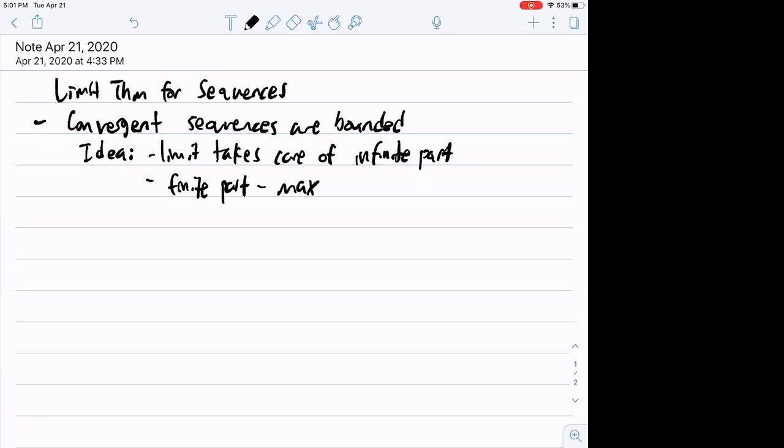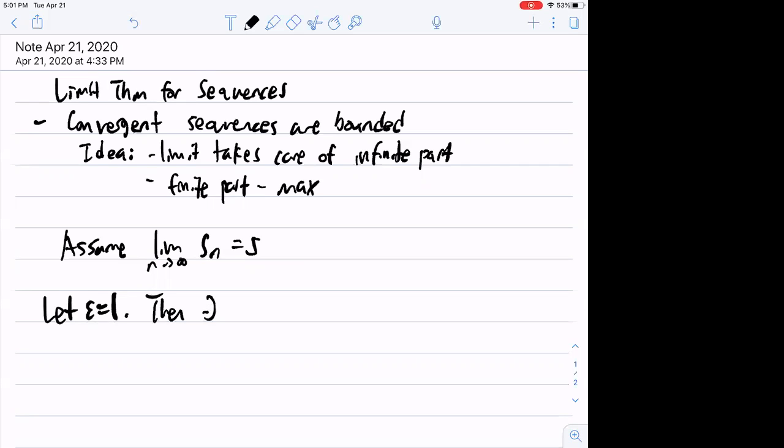So assume the limit as n goes to infinity of Sn converges to some number s. It doesn't matter what epsilon I choose, so let's just let epsilon be 1. Then since it converges, there exists N such that for n bigger than N, |Sn minus s| is less than